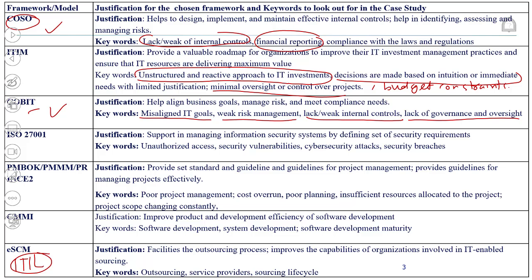Yeah, things like unauthorized access, security vulnerabilities, then you should actually think of ISO 27001. Then you've got things like poor project management, cost overrun, for example, poor planning, insufficient resources allocated to the project. Those are typical problems that occur when you don't have